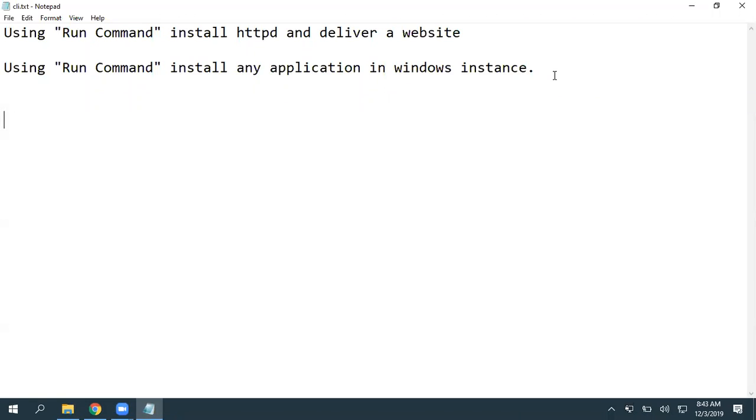And create a resource group using a particular tag. This is free; resource group and Run Command, these all options are free.